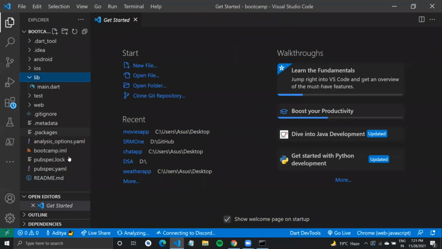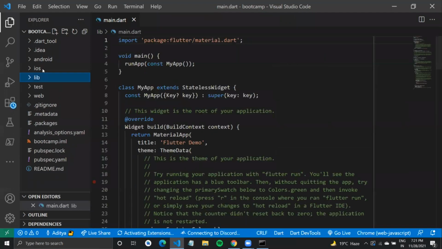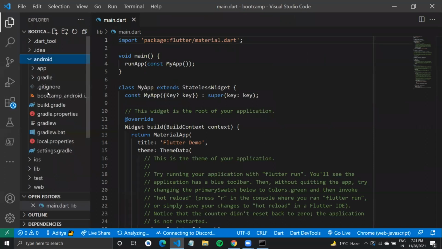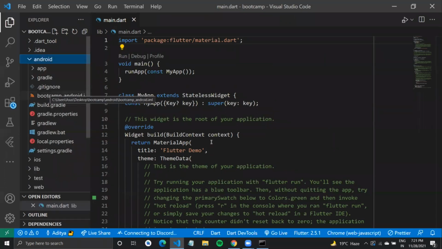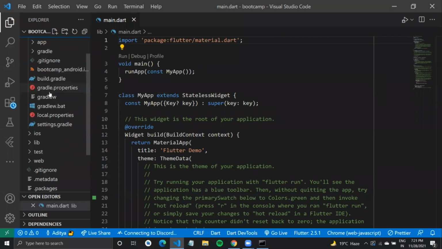But this is what a default Flutter project looks like. There is something called an Android directory, and there's everything like Gradle files. Yeah, there's a question in the chat box. Girish is asking, is running Flutter on VS Code also a very heavy process? Not as much. If you compare Android Studio and VS Code, then VS Code is lighter on my CPU personally, and it totally depends on you.